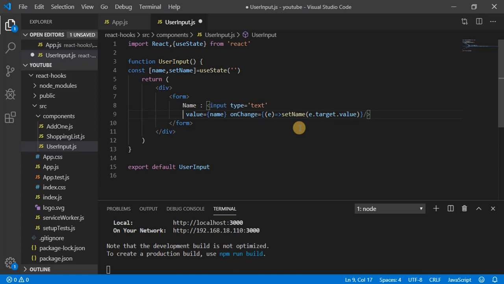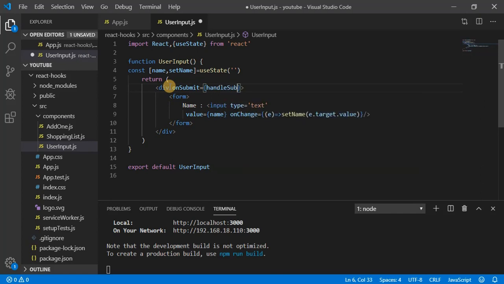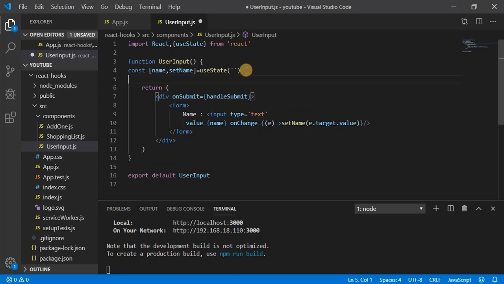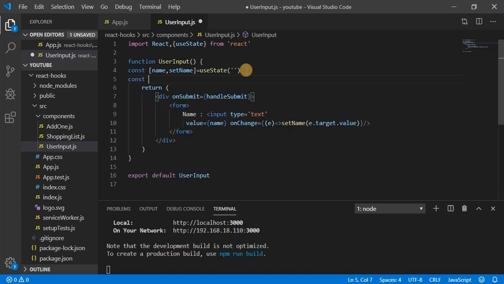So basically I have one form and let's handle the submit event when I submit the form. So onSubmit, handleSubmit. Okay, let's create this function, const handleSubmit.